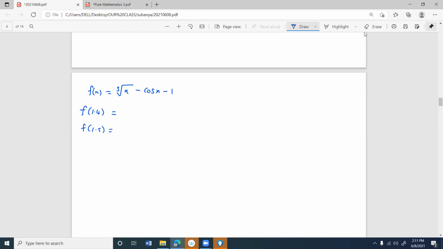When you operate with this, the angle should be in radians. Otherwise you don't get the answer. If you didn't get the answer, check whether the angle mode is correct. f(1.4) is minus 0.05. If I put 1.5,